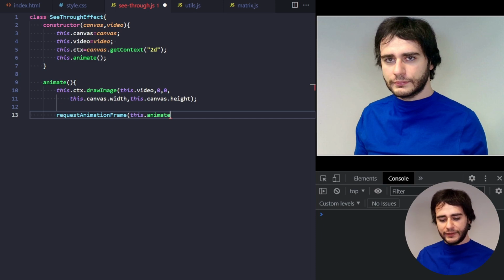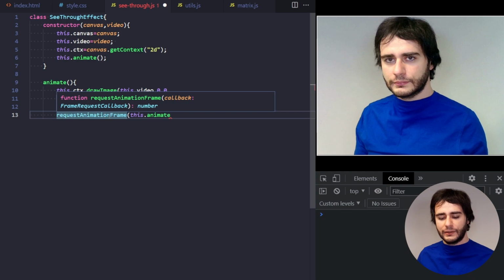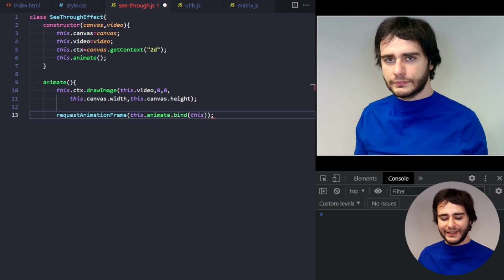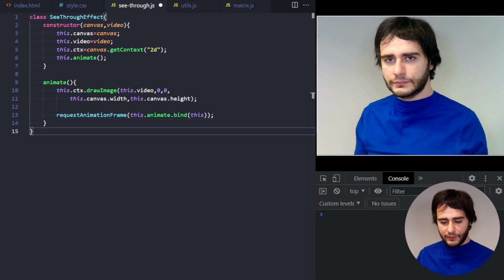Now we pass this animate method to this request animation frame function, and this is going to just call itself again and again. But there is a problem here, because when we pass this animate to request animation frame, it forgets what this is. Basically, the scope will change to be inside of this request animation frame callback here. So we need to tell this animate to remember what this is. So basically this here refers to the see-through effect object that we are working with. And let me just close this now and